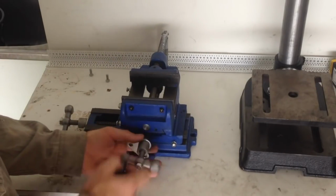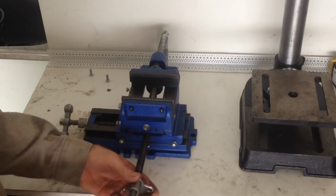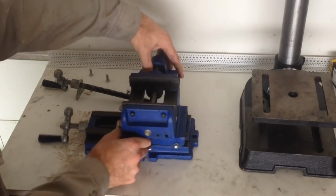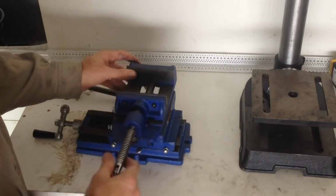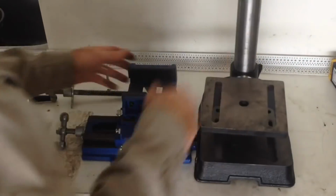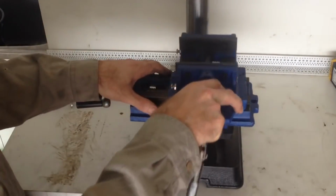And that lets you wind the axis screw out. So we're just going to remove it for a minute. Because what I want to do is I want to slide this guy out, and I'm going to spin it around so that it's this way. Drill press with the axis screw on the same side as the vice screw, so that we can mount it on the drill press, which what I call the vice mounted the right way, like so, which will let me tighten the vice up no problem and wind it in and out as well as sideways,